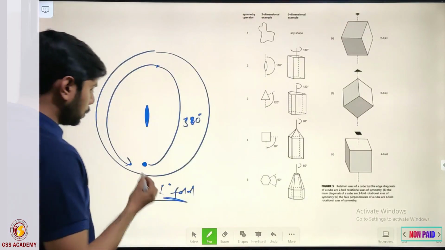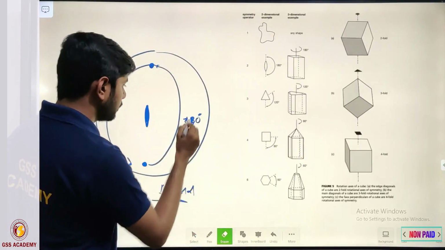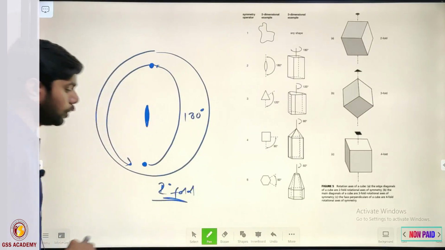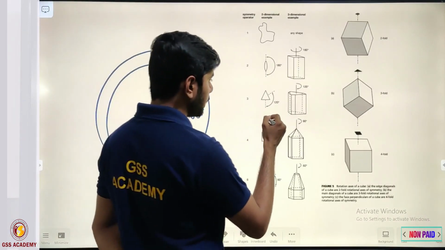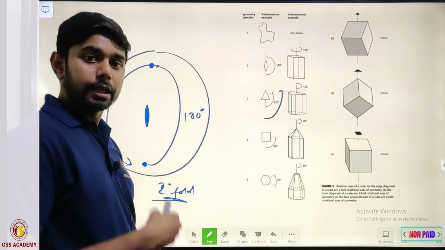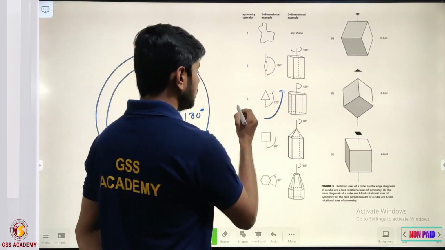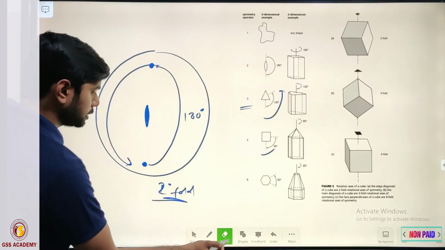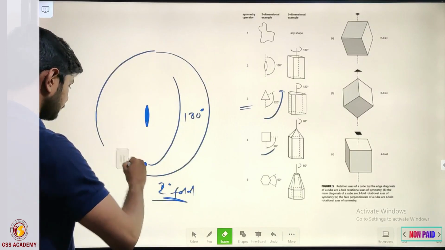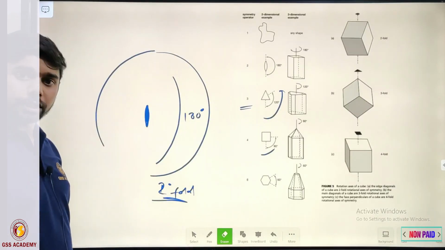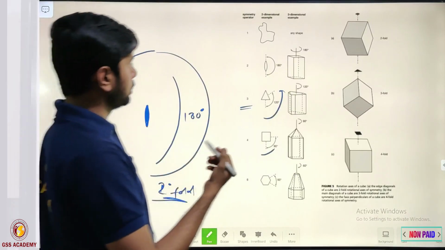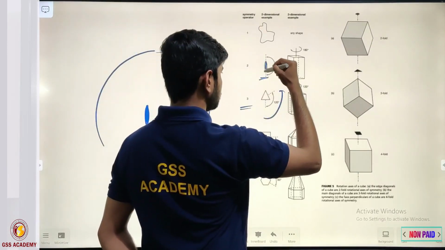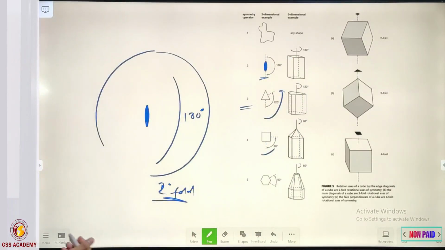Okay, after rotating it to 180 degree I am getting the same phase, so it will be considered as two-fold symmetry. Similarly, if I am rotating the crystal to 360 degree and getting the same phase, then it will be considered as three-fold symmetry. Similarly, after 90 degree, if I am getting the same phase, if I show these things in the diagram, it will be like this. This lens is the denotation for the two-fold. So I am denoting the notations here also. Here it is mentioned already. So this lens is the notation for the two-fold axis of symmetry.